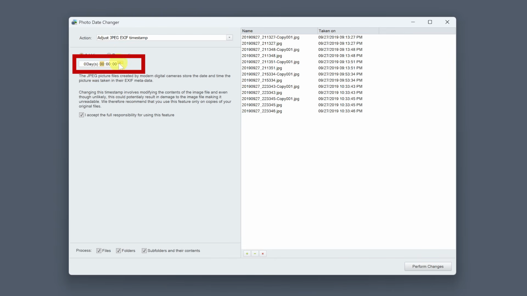Then enter the amount of time you want to shift the photos by. This could be days, hours, minutes, or seconds. In my example, I'm simply adding 2 hours. Once you're happy with the settings, click Perform Changes. Whatever tool you're using, this is where the magic happens. The software updates the dates and times across all the selected photos, helping them drop back into the correct place